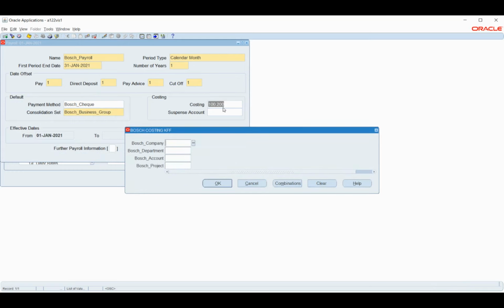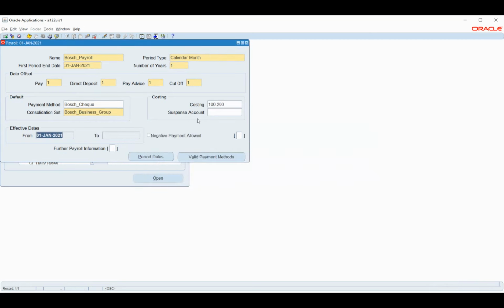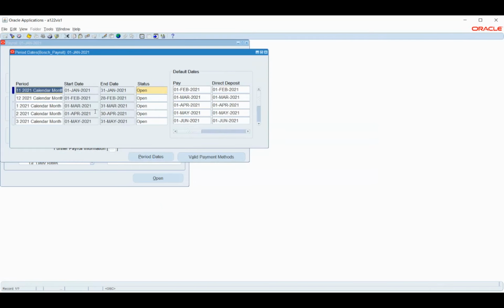Okay. So this is for costing. For costing, we have given those information. So now I have other information that is my suspense account. If at all I want to capture the suspense account, I can capture, but I don't want a suspense account because I will not know exactly what is happening in the business if I enable the suspense account. So I will just leave that option open and I'll save and I'll just check the calendar.